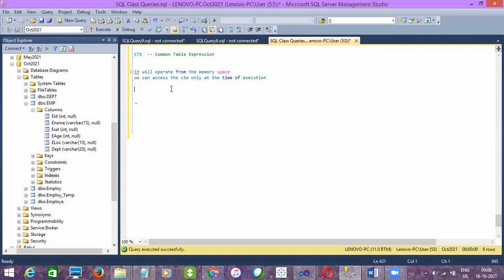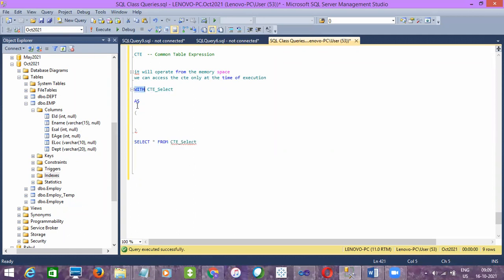And we can access the CTE only at the time of execution. The syntax for creating a CTE is WITH CTE_name AS, and then, once after creating a CTE, you should access it with DML operations, either SELECT or DELETE, whatever it is: SELECT * FROM CTE_name.